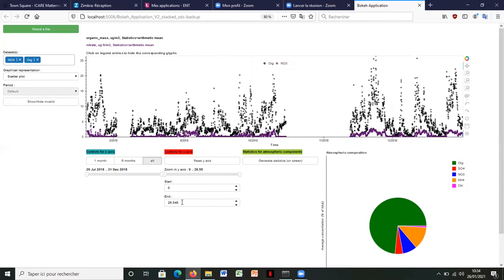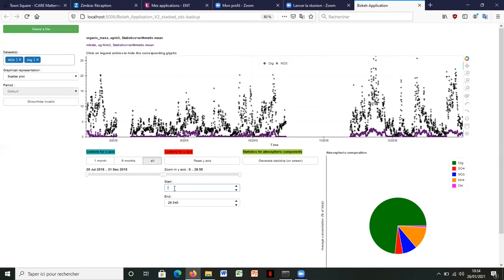And two spinners allow the user to do the same. For example, you can change the scale by writing respective values for the lower and upper bounds of the y-axis.